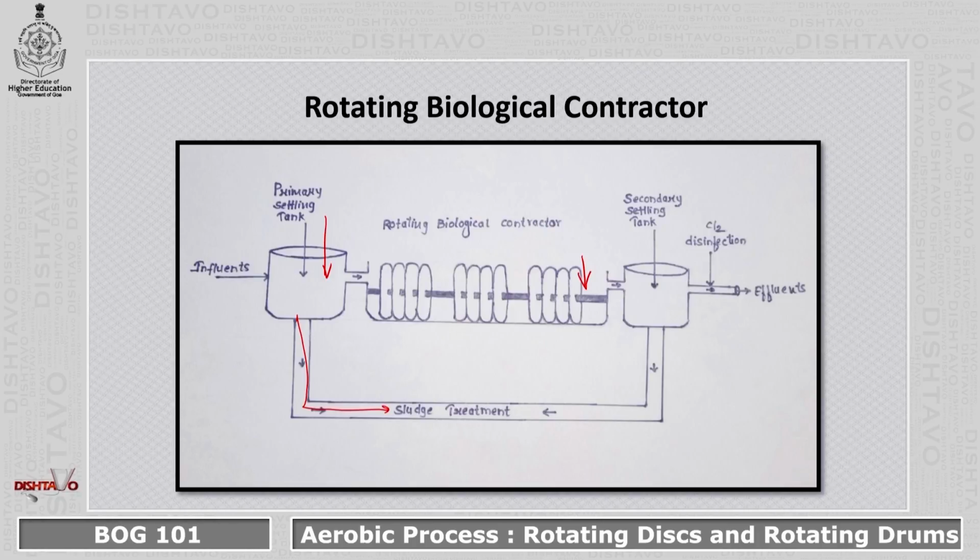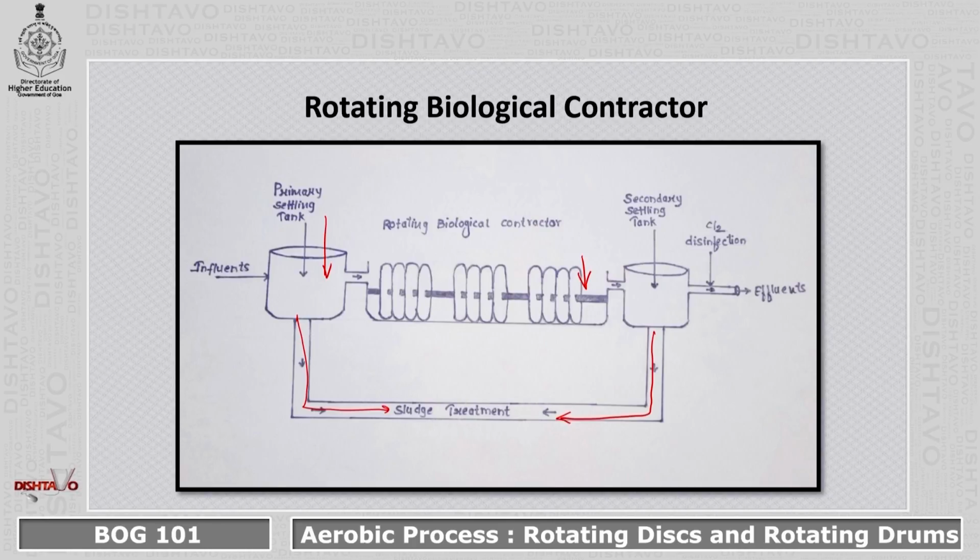These rotating discs which have the biological films have the ability to absorb oxygen from the surroundings when they are outside the water, and they also have the ability to absorb oxygen when they are submerged in the wastewater. After the wastewater is treated in the rotating disc, it is further passed on into the secondary settling tank, where the pollutants as well as the excess biological film are removed and further passed on into the sludge treatment section.